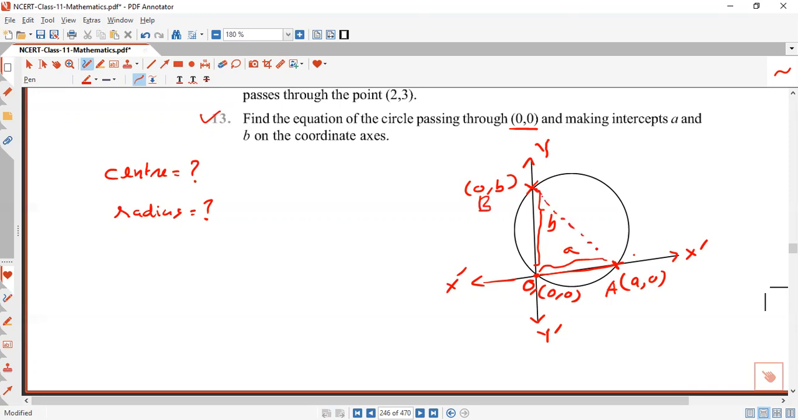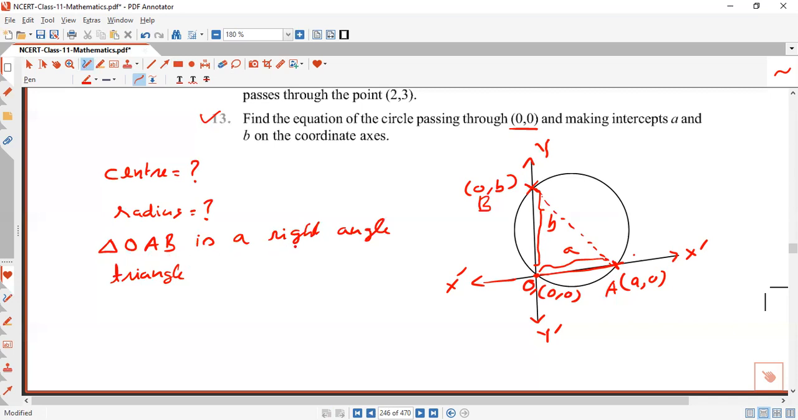You see this triangle OAB is a right angle triangle. So what will be the center of the circle? This right angle triangle is there, and